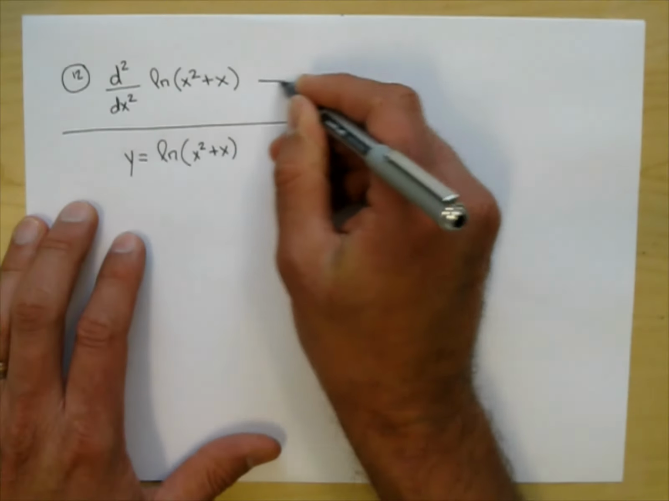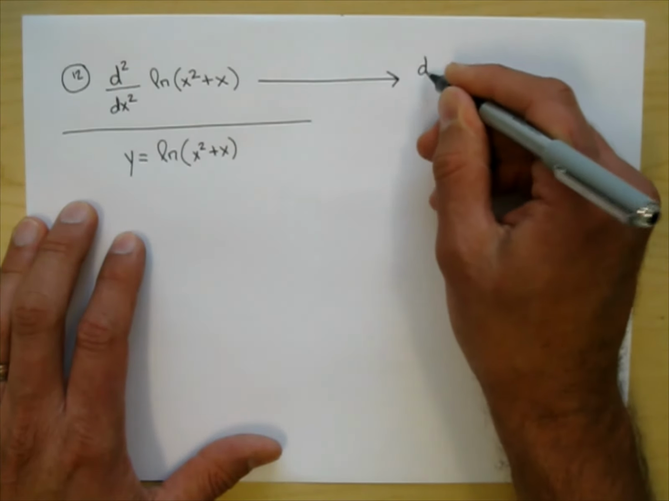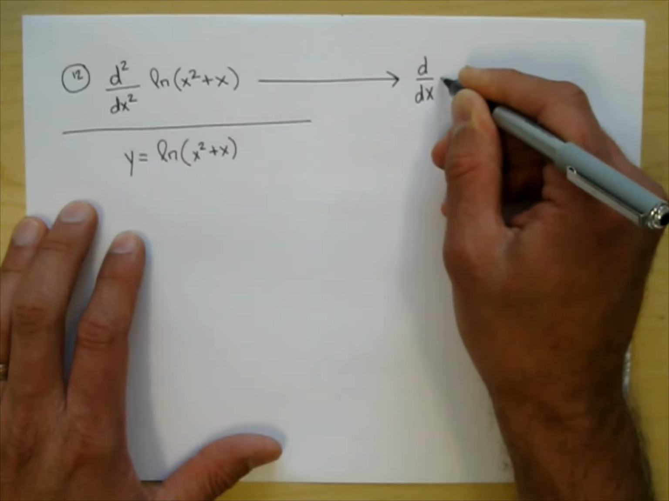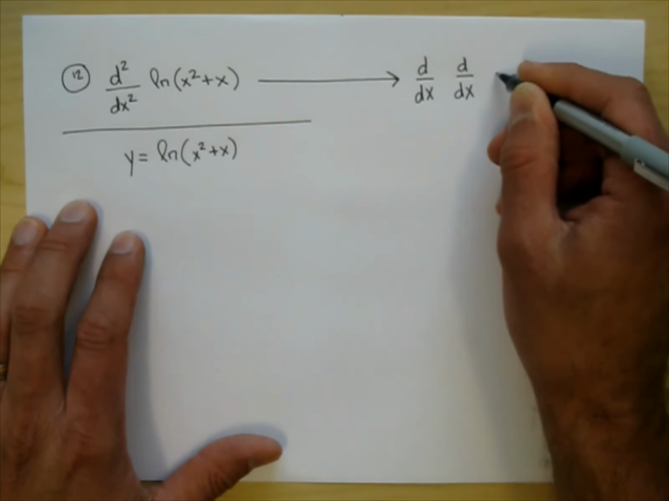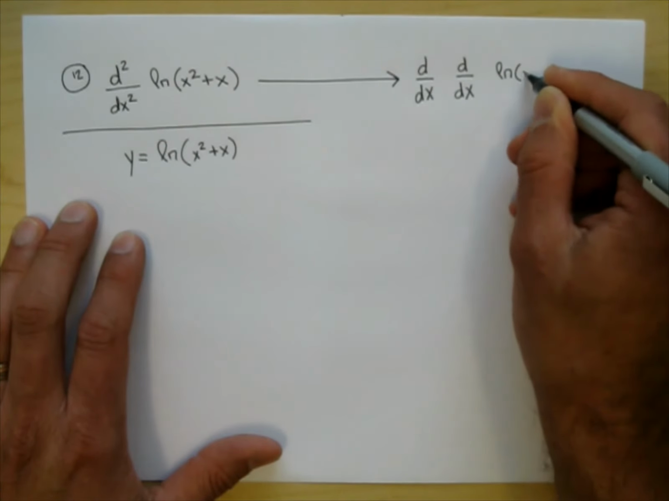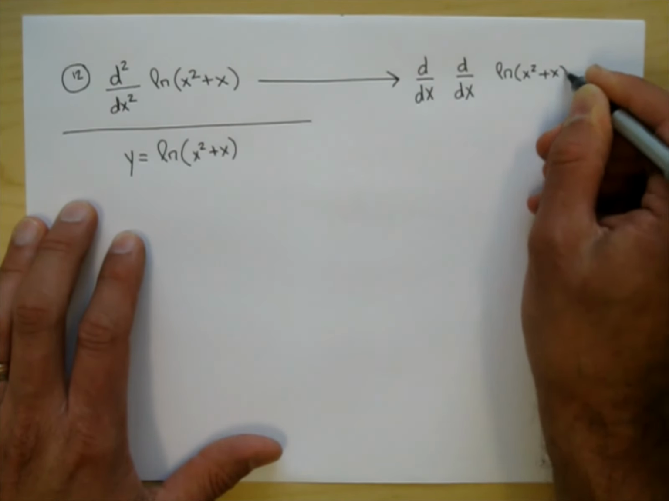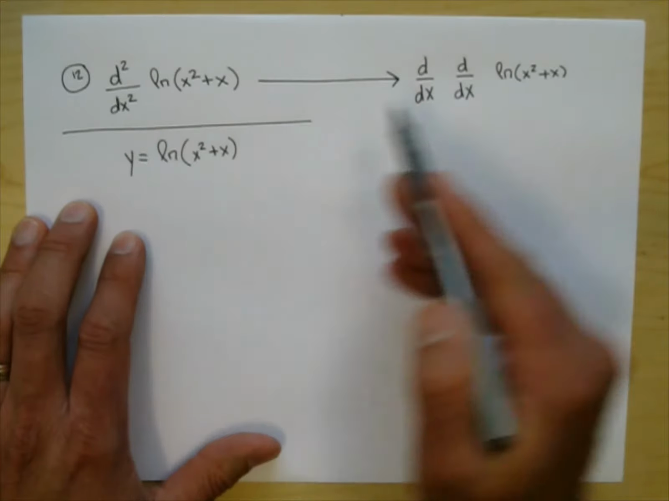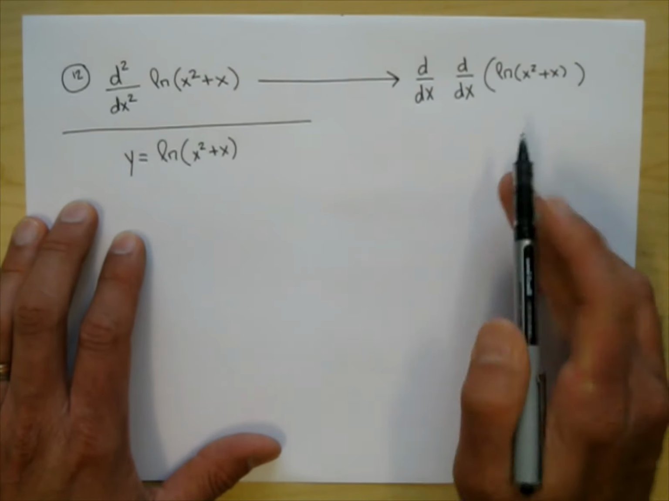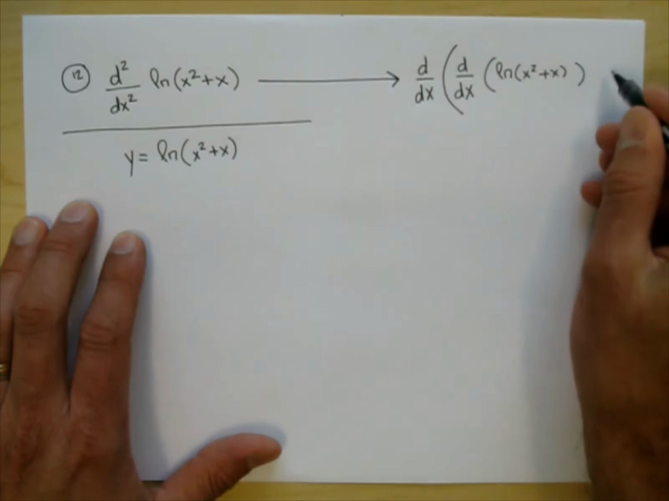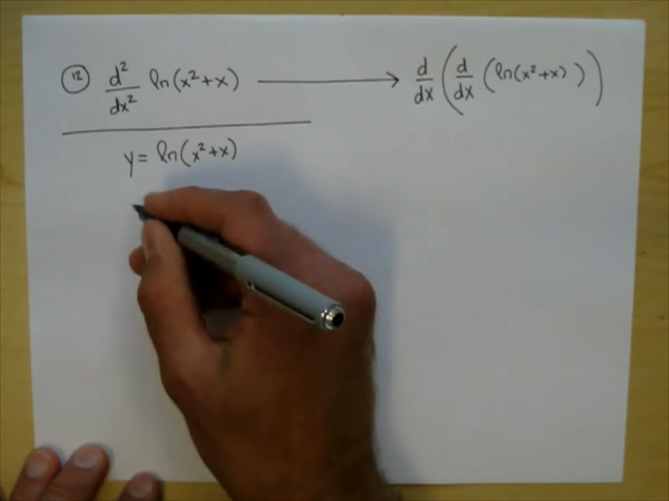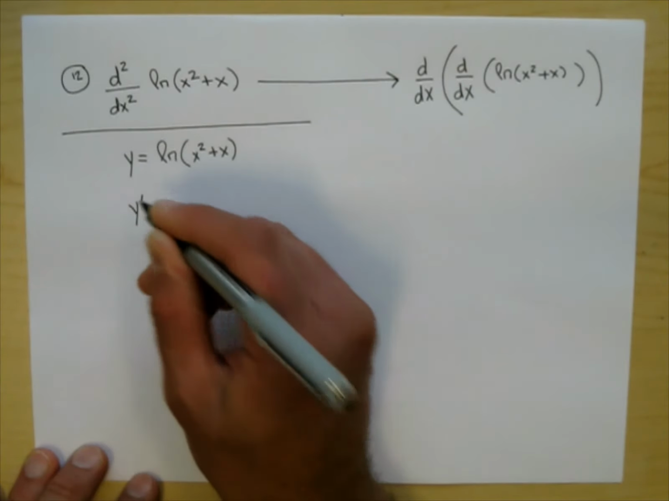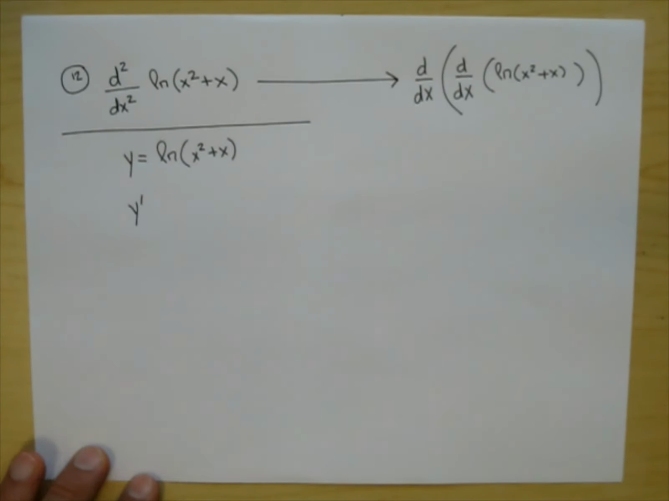Okay, so once again, to remind you what this says, this is really saying d dx of this right here. That is really the notation for that. And so you're taking the derivative of this, and then you're taking the derivative of that result, which is the second derivative. So let's go ahead and do this, and you might want to pause the video and see if you can find the second derivative on your own and simplify it. Okay, so